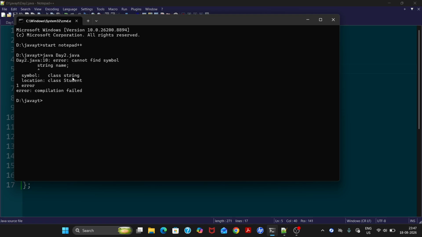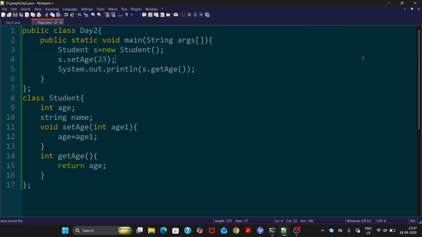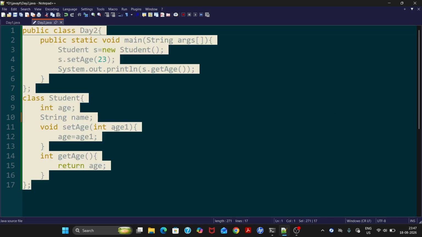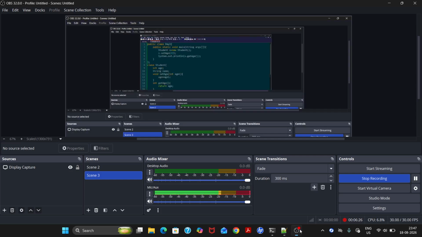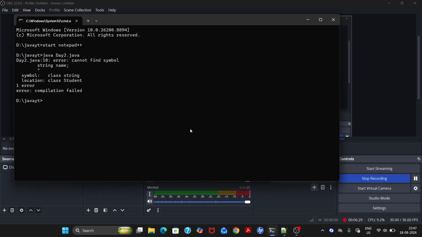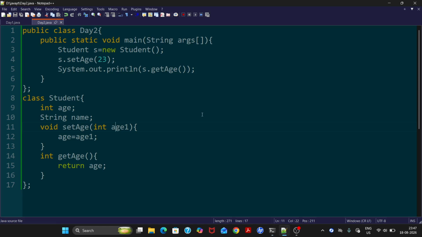Cannot find symbol. Okay, let's see the error. Cannot find symbol. Okay, the String should be an uppercase character. 23. So the age of the student is printed. So like this, we can